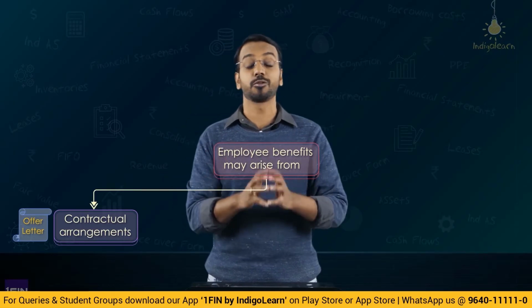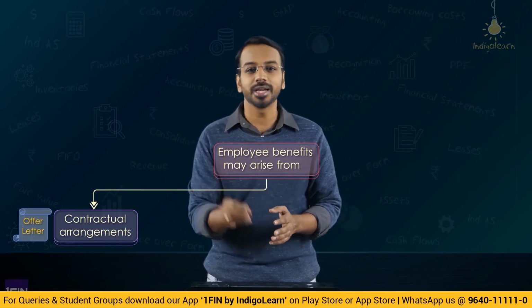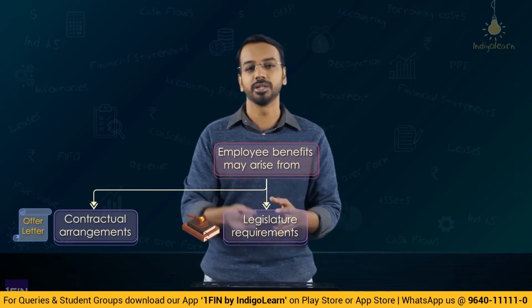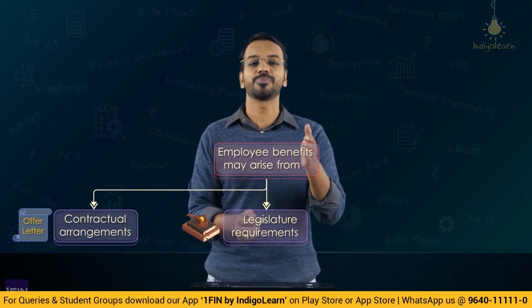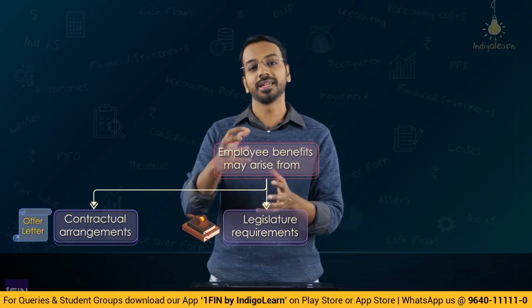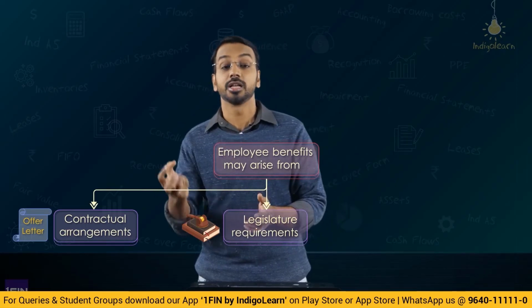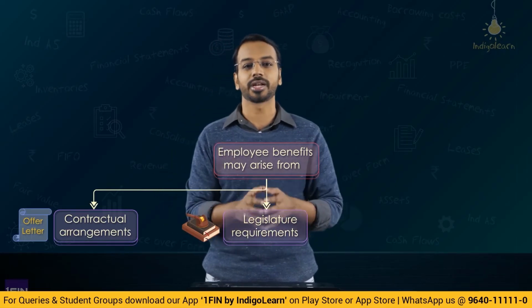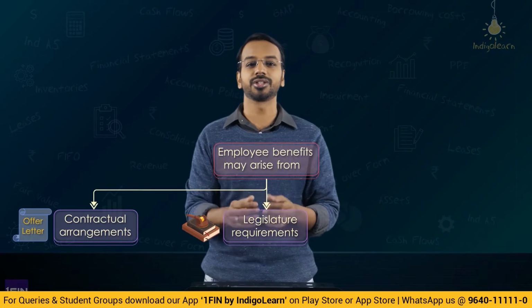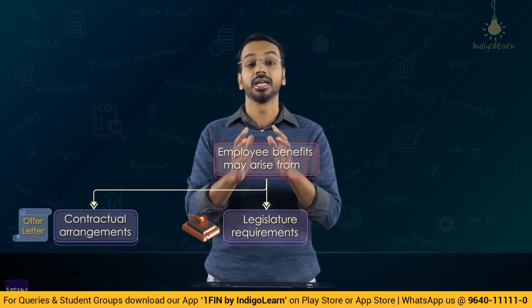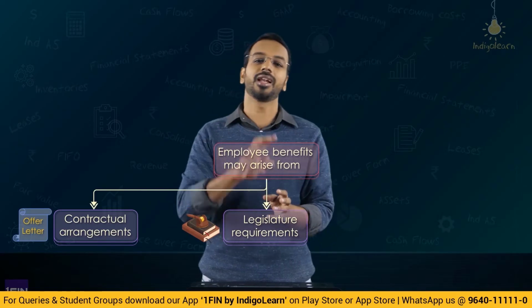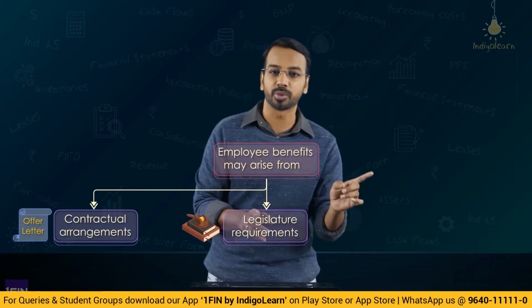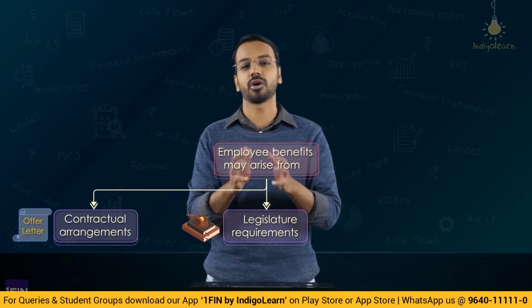The other thing which is included is something which the employer is required to do as per legislation. For example, the entity is required to pay 12% of salary as provident fund contribution. Okay, this may be included in the employment contract. Even if it is not included in the employment contract, the employer is under an obligation to make this contribution, right? Here, first the employer will contribute to, let us say, a fund, and ultimately the fund will pay that amount to the employee. So, this also forms part of employee benefit.